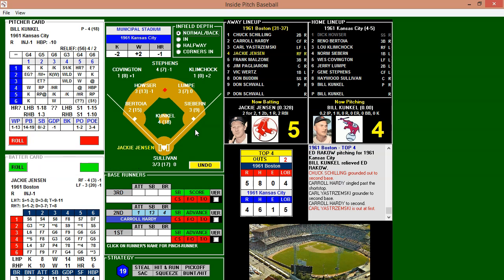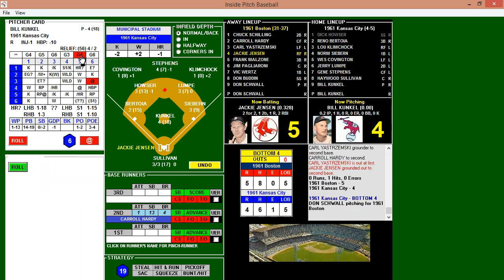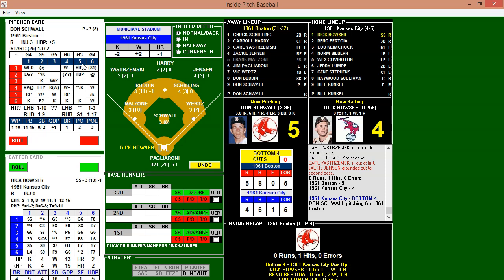Brings up Jackie Jensen. He's also perfect on the day, 2 for 2 with a double and 2 runs batted in. Also scored a run. So Jensen looking to add some insurance here for the Red Sox. Kunkel looking to keep it a 1-run game. Here's delivery to Jensen. Another stadium check here, 5-3. And that is going to be a ground ball to second. And that will do it for the Red Sox. So Red Sox get a runner in scoring position, unable to bring him home. And it remains a 1-run Red Sox game, 5-4 as we head to the bottom of the 4th.